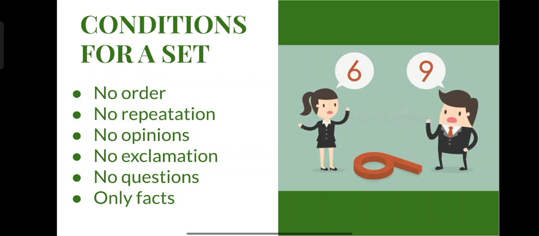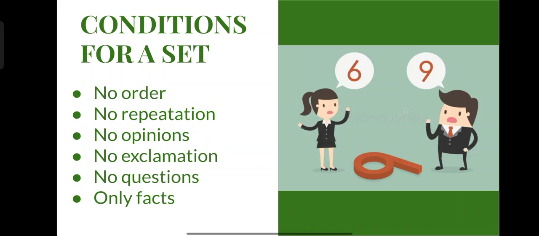We should not express our emotions in a set. We don't have to say our opinions, as there is no relevance for any opinion. So when a sentence says, oh she is so sad, I feel pity for her, such sentences revealing a person's opinion or emotions do not define a set. As well as no questions: we cannot raise a question in a set. When there is a question mark in a sentence, it does not define a set.